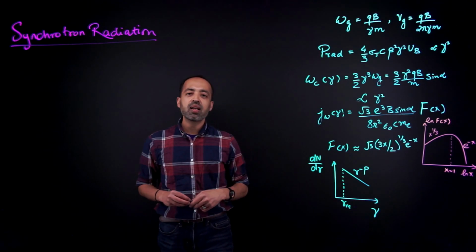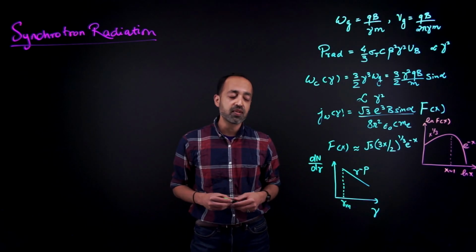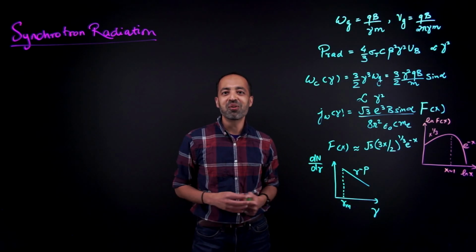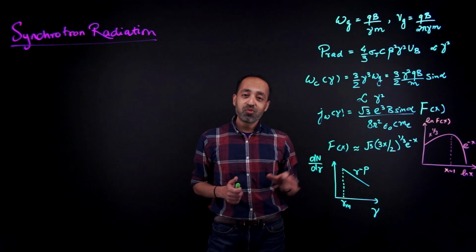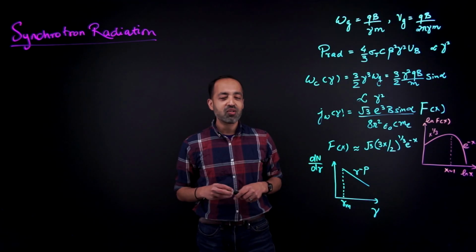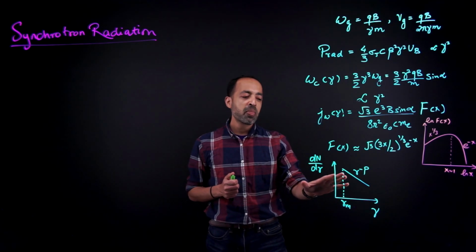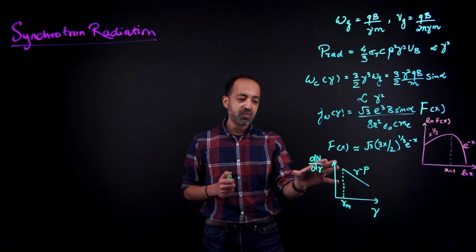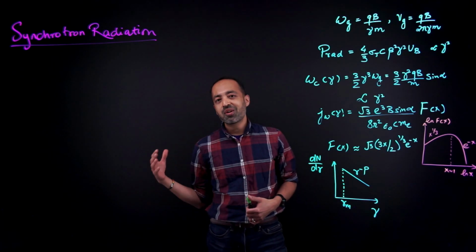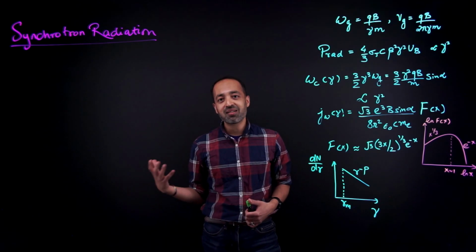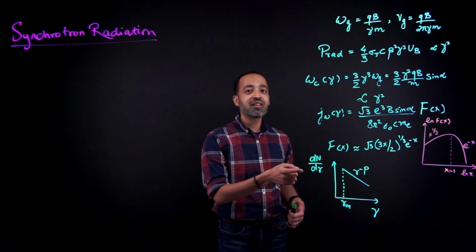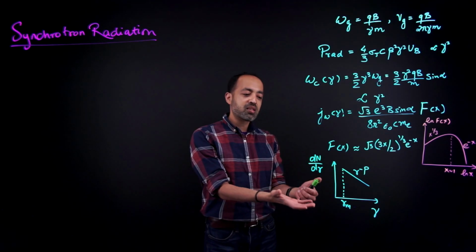So why power laws? Well, it turns out that power laws are ubiquitous in astrophysics. They show up in all sorts of places. There are in fact papers on why there are so many power laws in astronomy everywhere. We don't fully understand this, but it's sort of a chicken and egg situation where we'll see that the radiation spectrum from this distribution of particles itself is a power law, and that's the theoretical framework. But then if you look at observations, we see that the synchrotron radiation spectrum from astrophysical sources is a power law. And so we infer that actually what is producing the radiation must involve a power law distribution